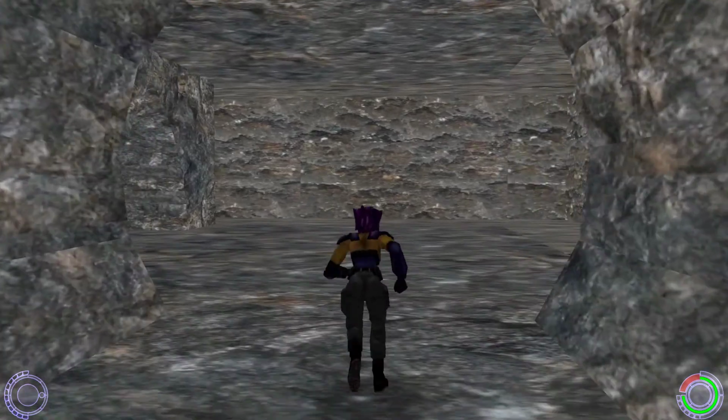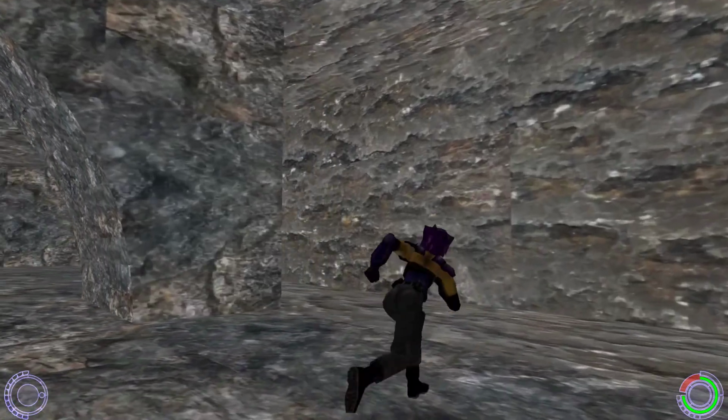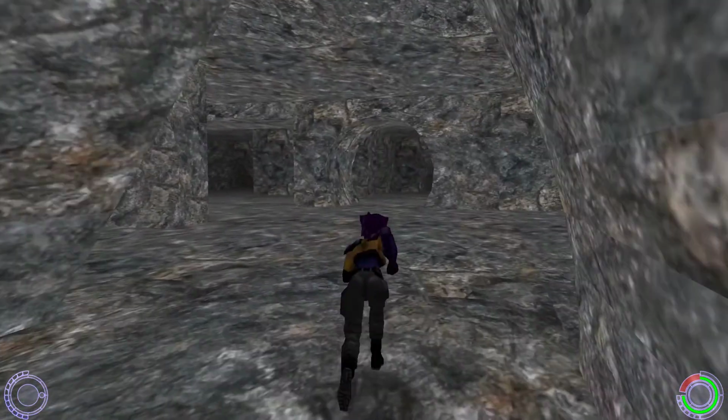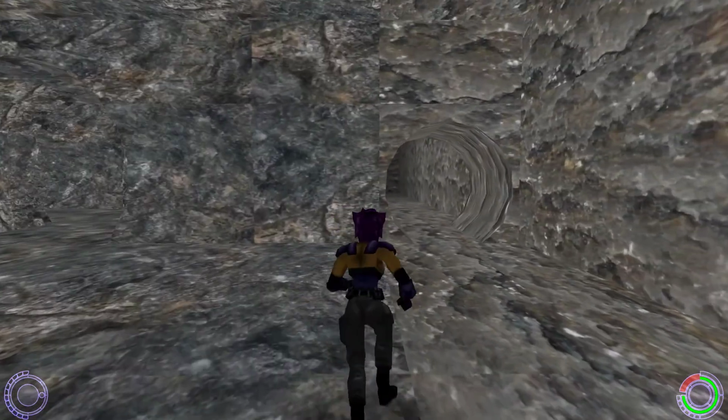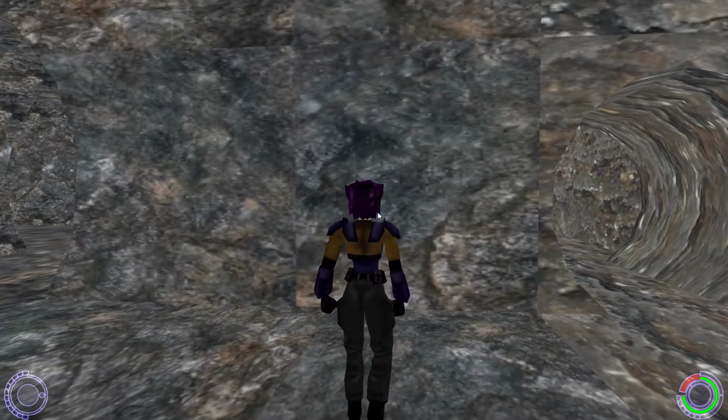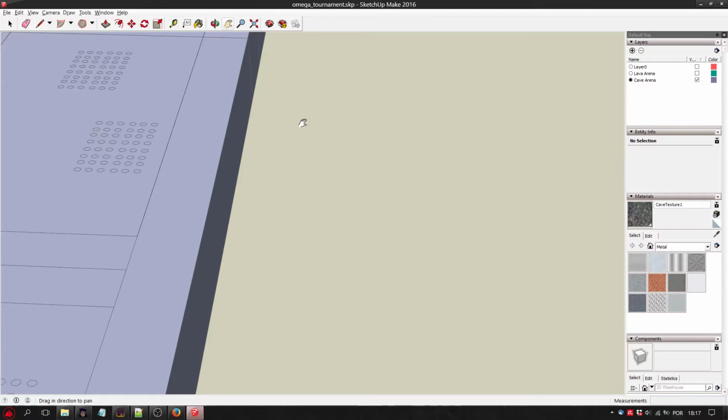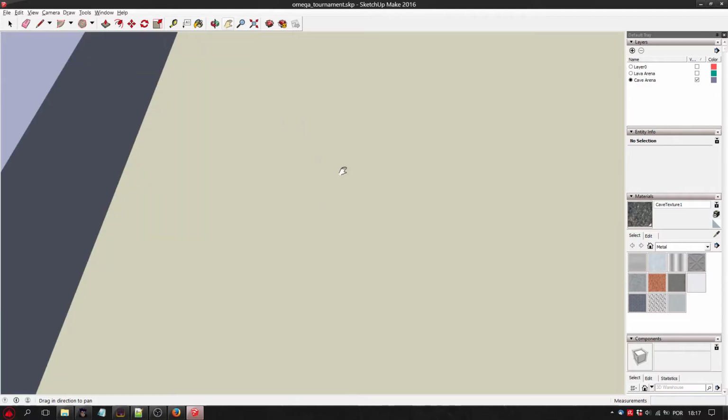Then you can activate it by taunting the opponent. Okay, so right now I just want to add some spikes to the cave, so it looks even more like a real cave.